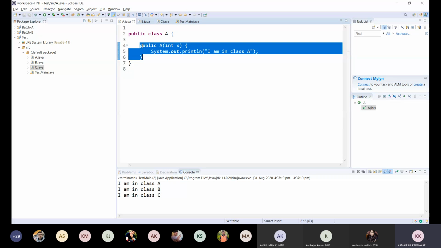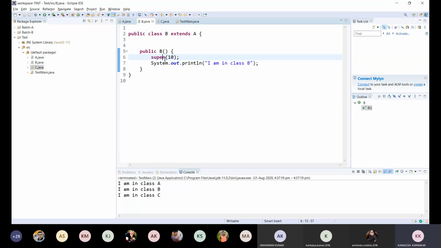But if you define a constructor in a class, the default constructor will not be provided anymore. What is the next point? From one class, previously we did not write anything here because implicitly the constructor of the parent class is being called.